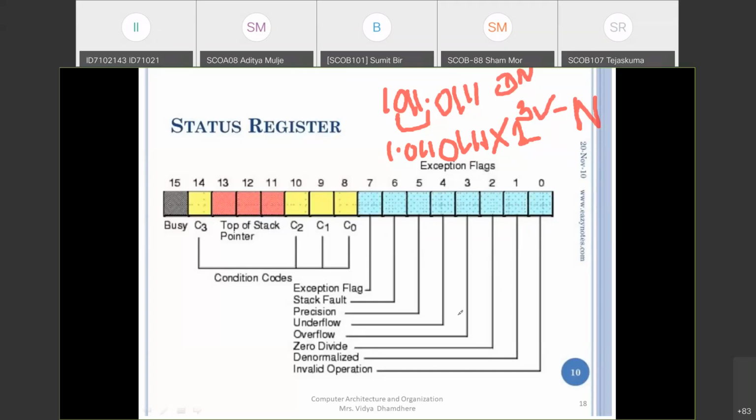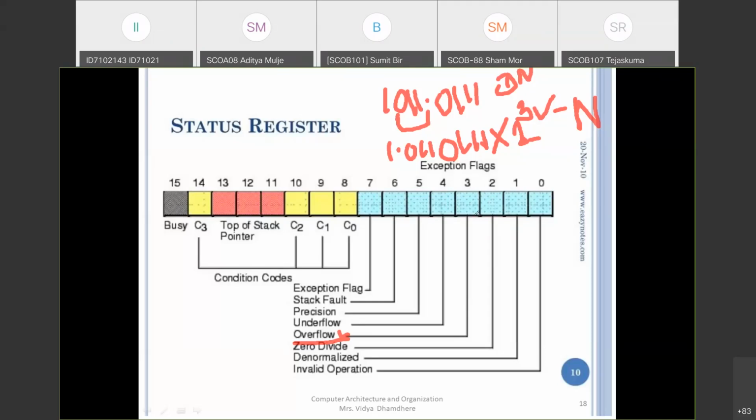Now, the next, third bit is used for the overflow. Whenever we are performing any arithmetic or logical operation on this coprocessor, if the result is more than the number of bits, for example, if you want to perform the Booth multiplication operation of 4-bit and 4-bit, we can get an 8-bit result, but that result may exceed 8 bits. At that time this flag is set as an overflow flag. That means the data is more than 8-bit, which will be indicated when this bit is set as a 1. Otherwise it will be set as a 0.